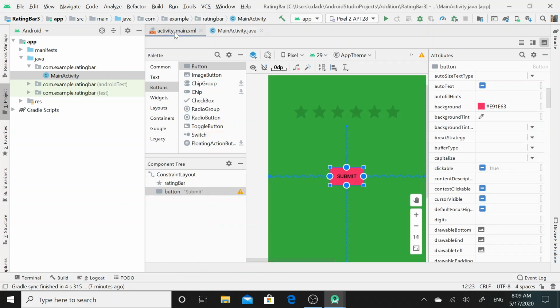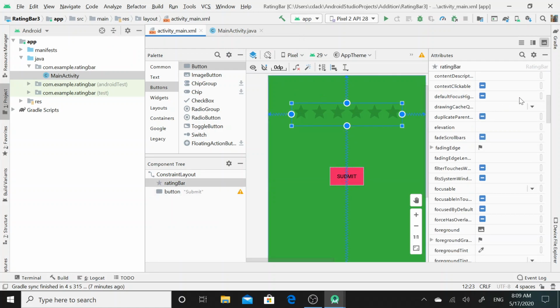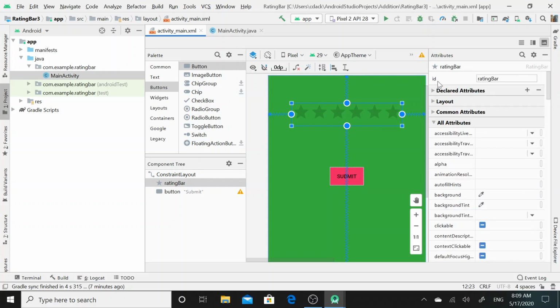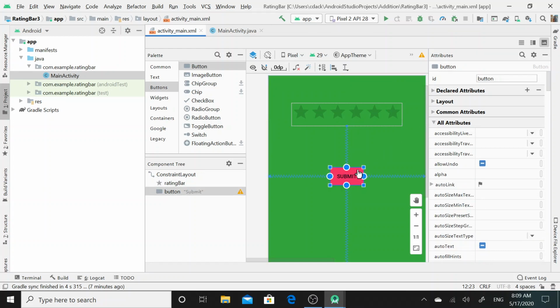Then I will click on the activity_main.xml file. I will simply set the IDs of the respective widgets. For the rating bar, I will select the ID attribute which is present over here. By default it has been set as ratingBar, so it is fine, I will not change it. Then I will click on the button UI widget.